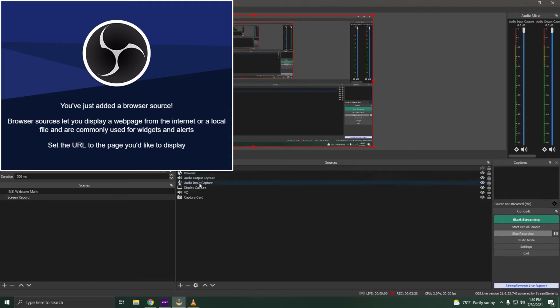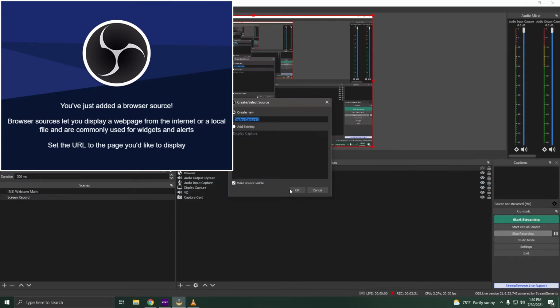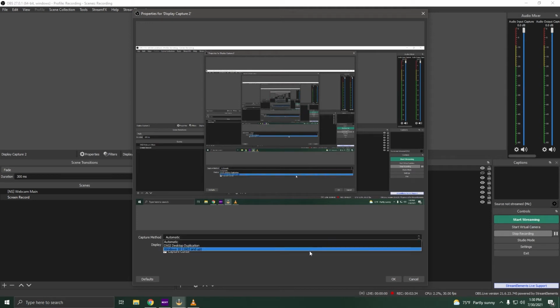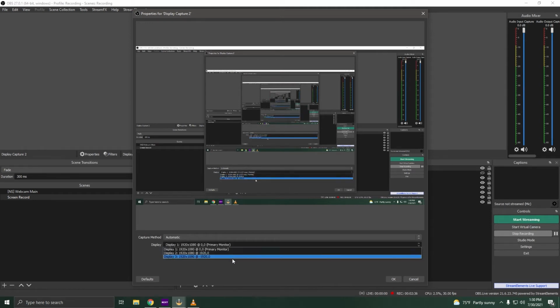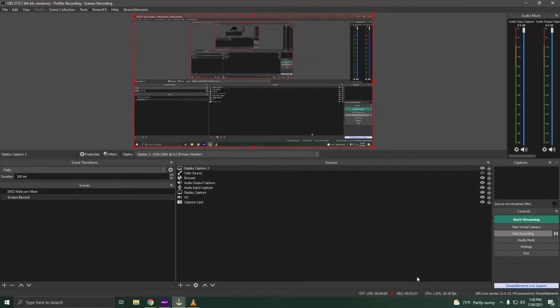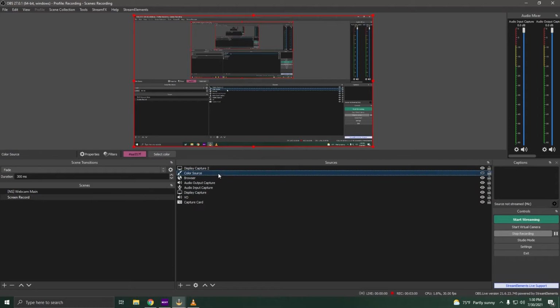A display capture is a direct feed from your monitor. You can choose between multiple monitors if you use more than one, and you can choose to show or hide your cursor, which is handy. On computers with a single graphics card, this works perfectly. But on lower-end desktops or laptops with both a discrete graphics card used for gaming and a graphics handler built into the CPU, this can be kind of touchy, as the two graphics cards handle different things in your computing experience, and OBS can only use one at a time.